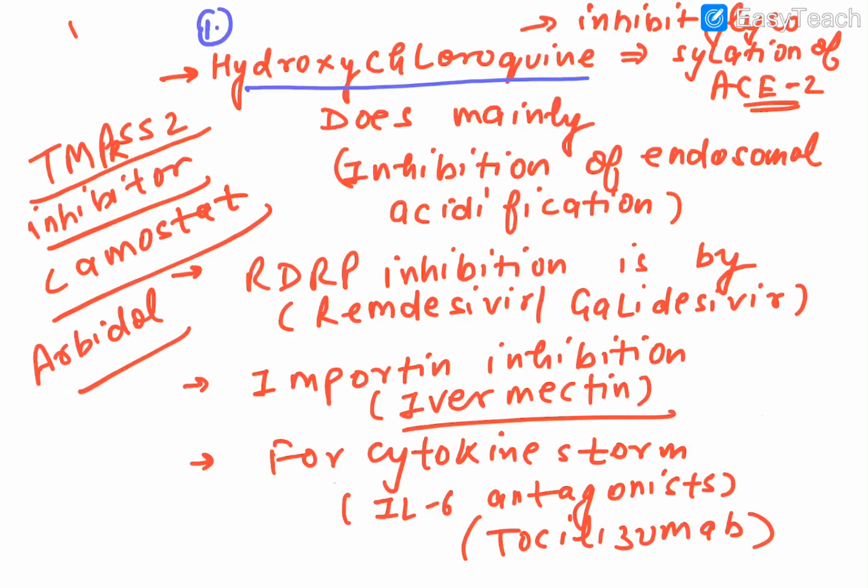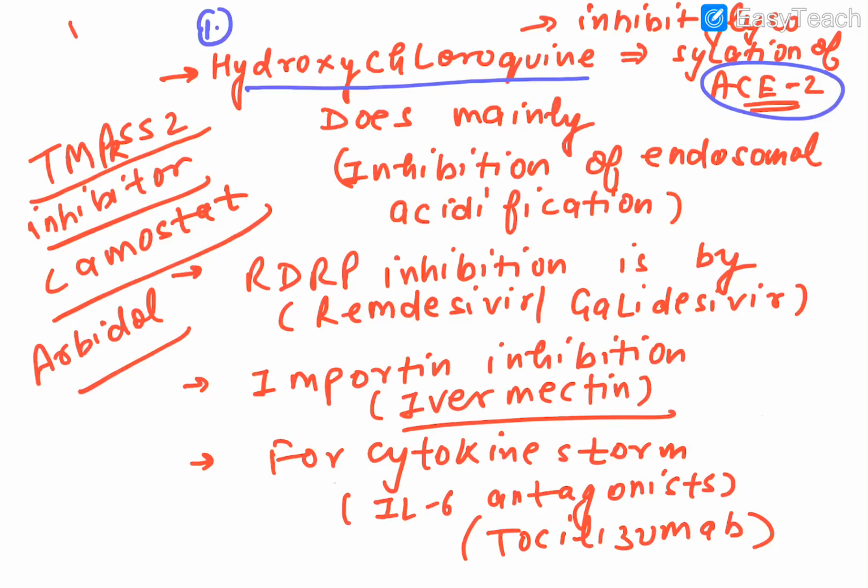It has a role. A number of studies in India have proved that it has a role, like at the entry point only. It does not allow the fusion of that spike protein with these ACE2 receptors which are present over the various structures of the lung. Okay, the alveolar surfaces have this ACE2, and ACE2 is present in a number of other sites also, not only over the lung surfaces.